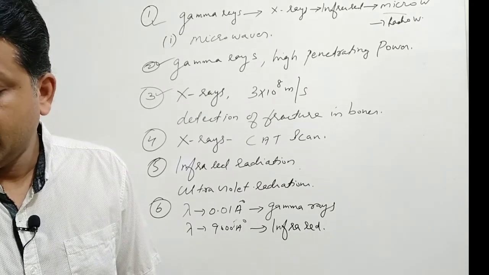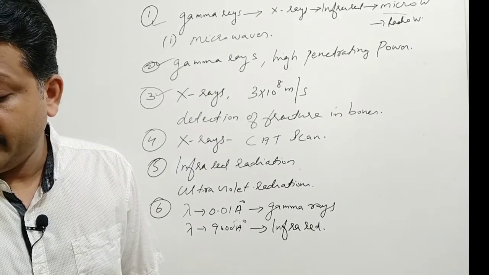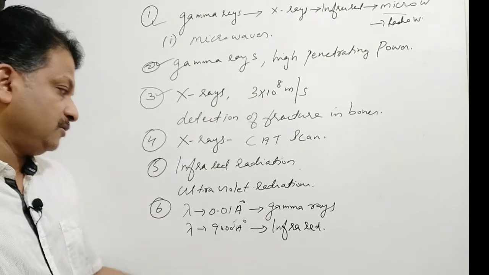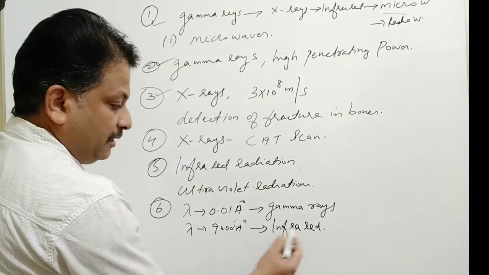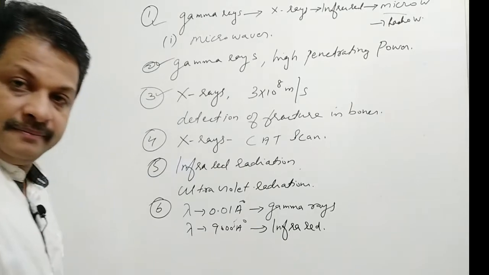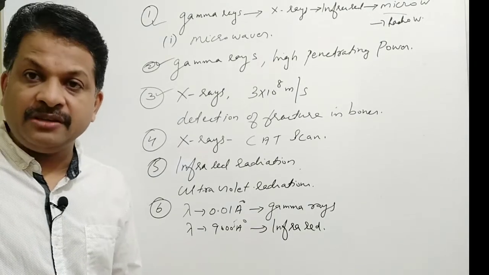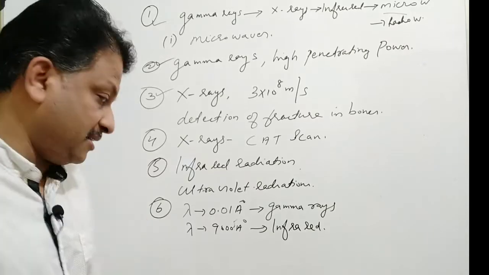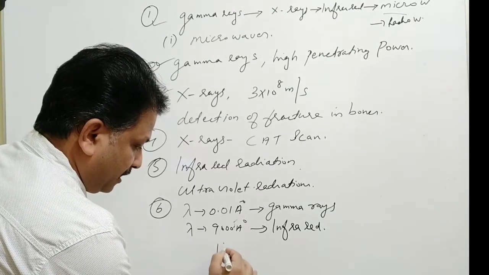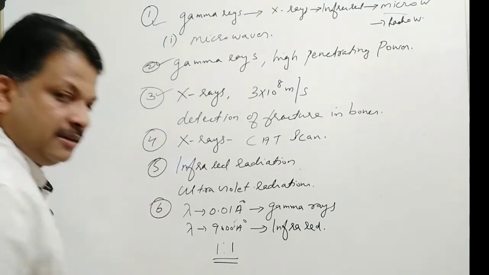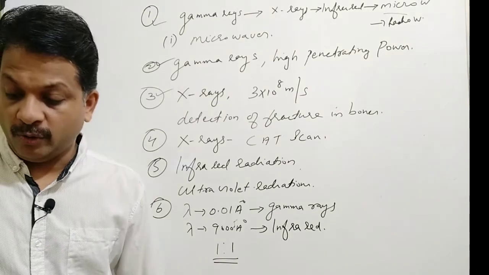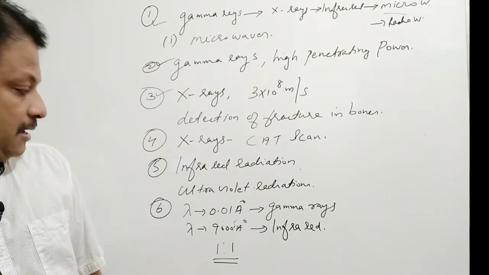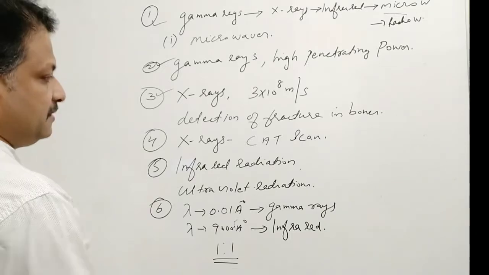Compare the speed of these waves when they travel in vacuum. So both the waves travel with the same speed, irrespective of their change in wavelength or frequency. They have the same speed, electromagnetic radiation. The speed ratio is 1:1. Clear? Speed ratio is 1:1. Okay. Now moving on to question number 7.